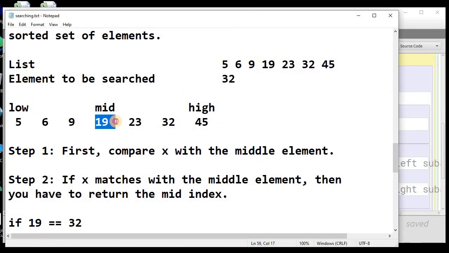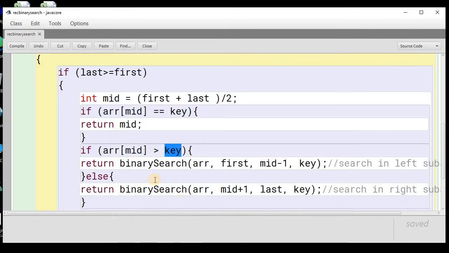than the search element, that means the searching element will have to be on the left hand side. So we need to get this left list. For this we need to change this high index, that will be mid minus 1 because it is just the previous element to mid. So the high index for this list will be mid minus 1. So left hand side.